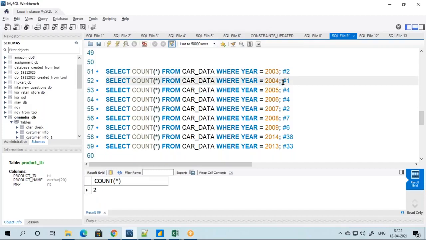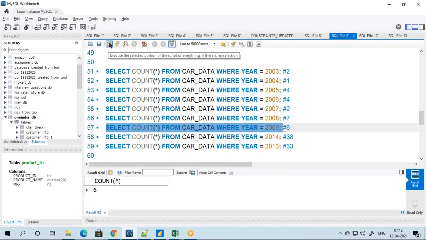How many cars were available in 2004? Query number 52 will give you the answer. How many cars were available in 2009? Select count of star from car data where year equal to 2009